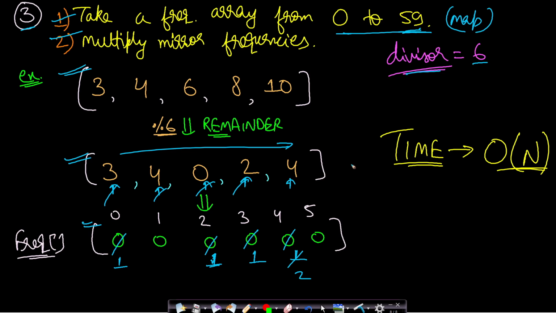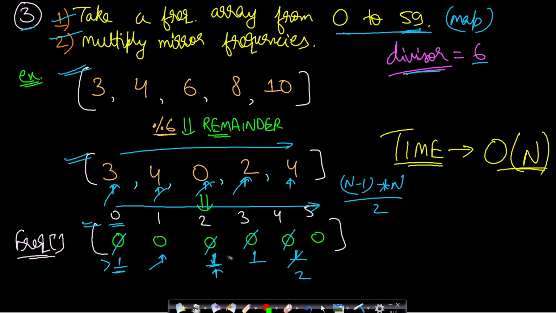So what will be the count of number of pairs in this case? Now we will just pass through this entire frequency array and find the count. For 0, it will be n minus 1 into n by 2, right? So the count is 1. Okay. So only if the count is greater than 1, it can form a pair with itself, because since it is having just a single element, it cannot do that. For this one, it is 0.